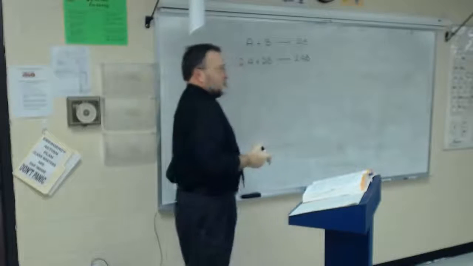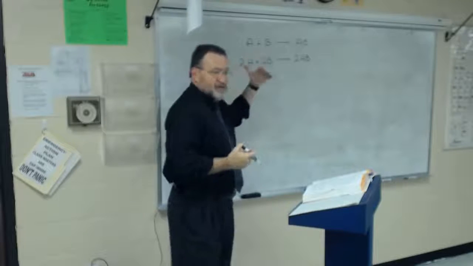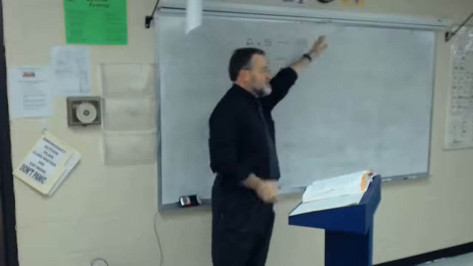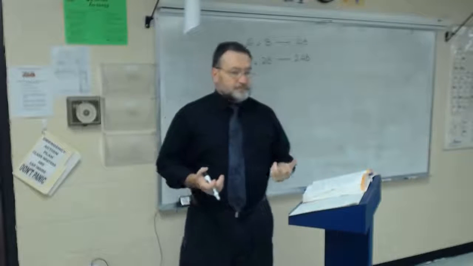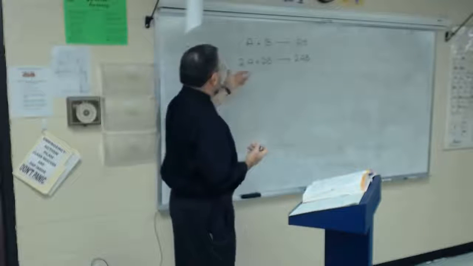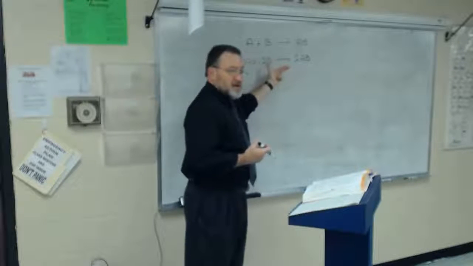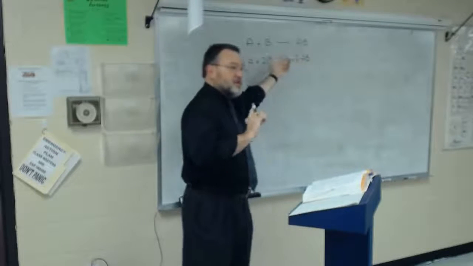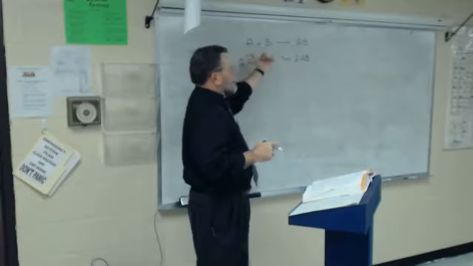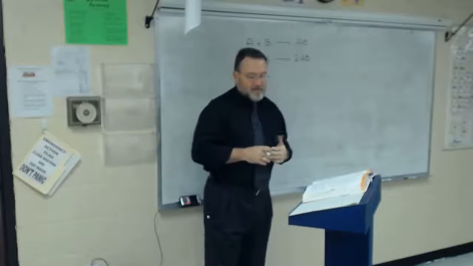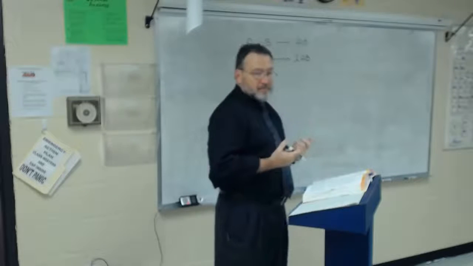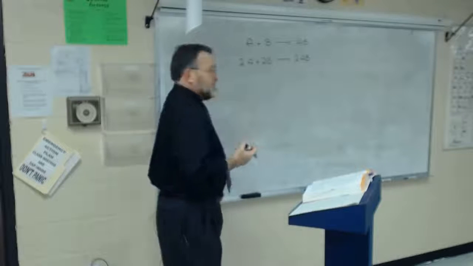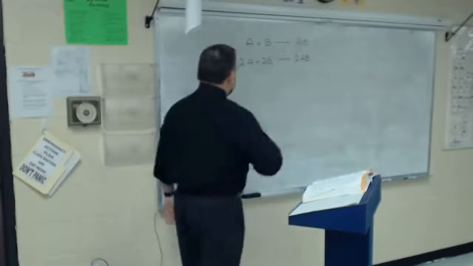Now, it may have just been intuitive to you, but hopefully you see that all I've done here is multiplied every single stoichiometric coefficient by a factor of 2. If I had 2 A's and 2 B's, I would expect them to react to produce 2 AB molecules. Why? Because the base balanced reaction equation is A plus B produces molecule AB. Now we're going to get into this idea of limiting reactants and excess reactants. If I were to tell you that you were in the lab and you had 2A